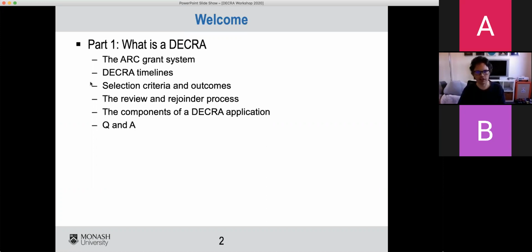This section might be useful for everyone, and it's designed to be particularly useful for those who aren't familiar with the ARC system, to bring you up to speed with how it works. Understanding exactly how it works gives you an idea about what kind of pitch to put together and helps you understand what they're looking for.